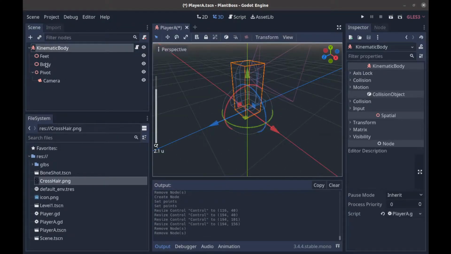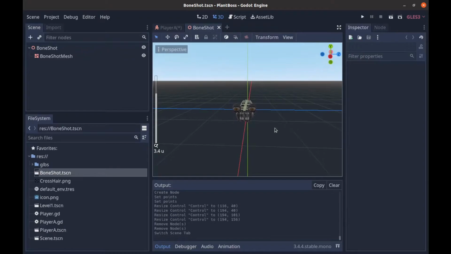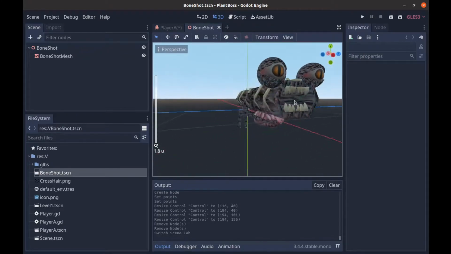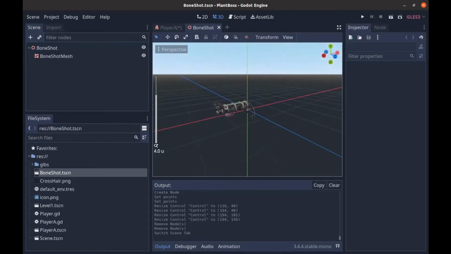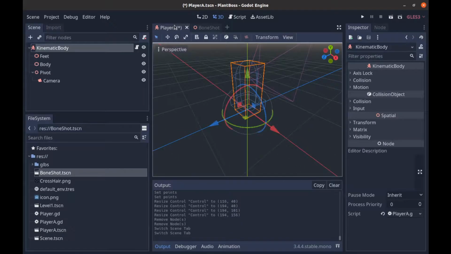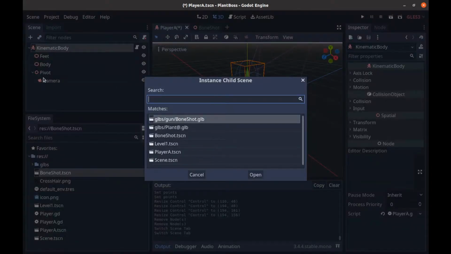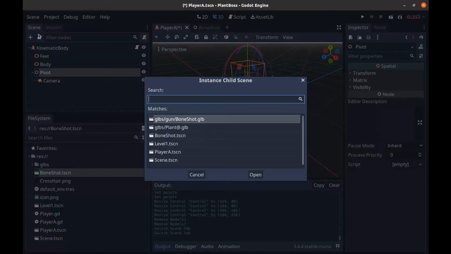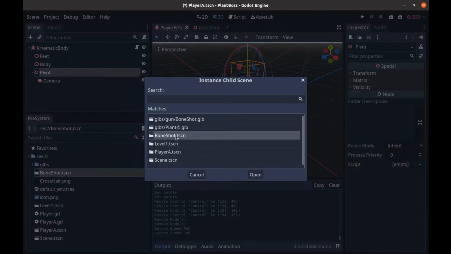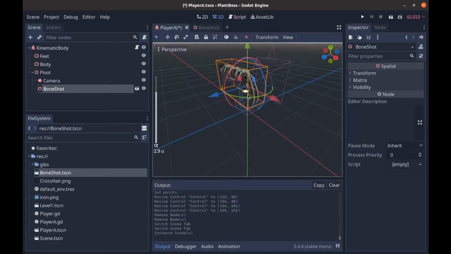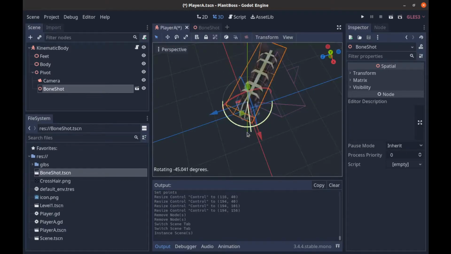We're going to bring in a gun. I have this gun that I've created called the Bone Shot. That was just an old file that I have, kind of ridiculous, but it'll work for what we have. So we're going to append that. We want to append it to the pivot, and let's go ahead and bring it in. We're going to rotate it,